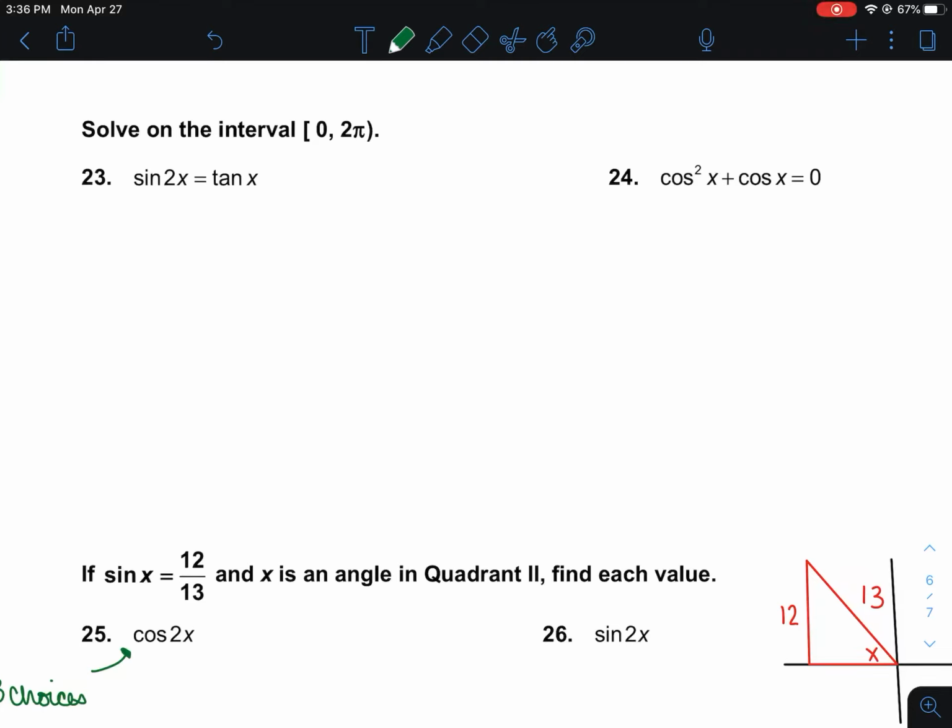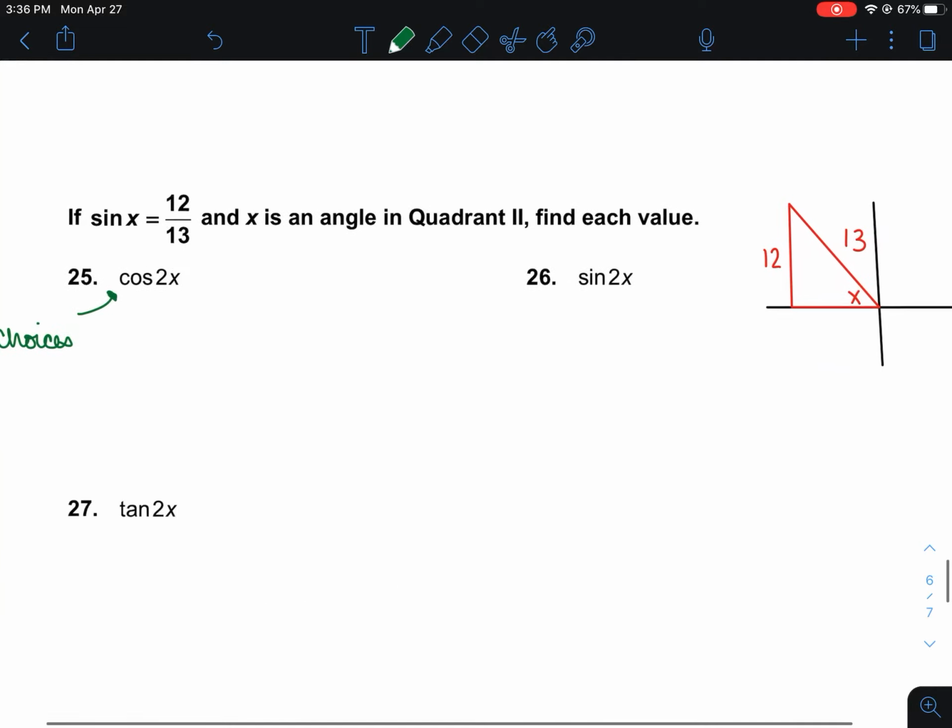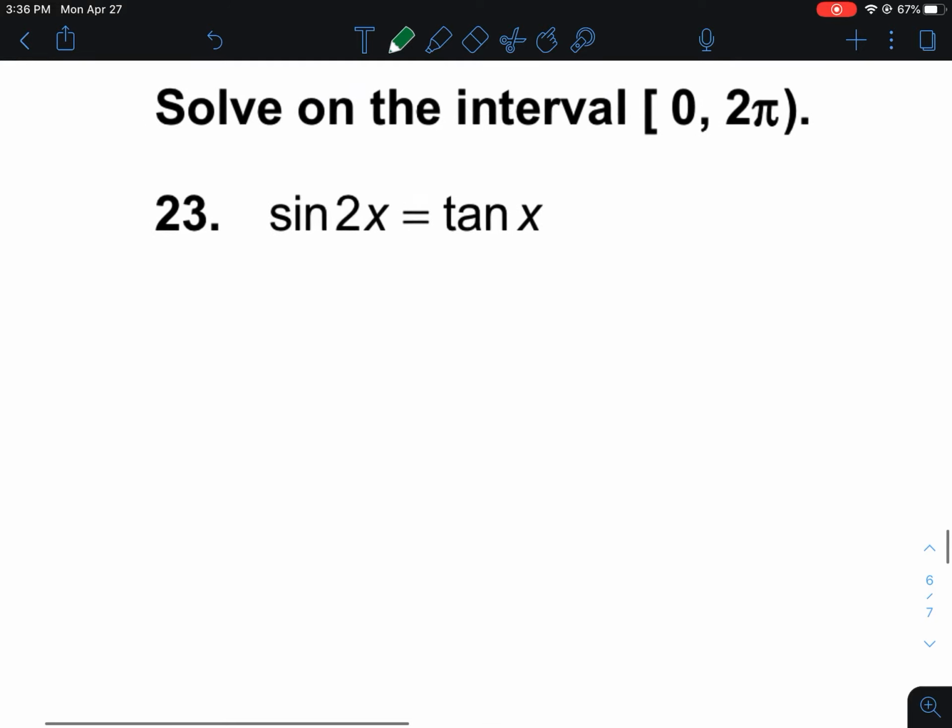All right, welcome back to the fourth and final page of the Unit 5 final exam review. On this page, we're going to look at solving trigonometric equations, especially with double angles, and then we're going to look a little bit more with double angles. So for number